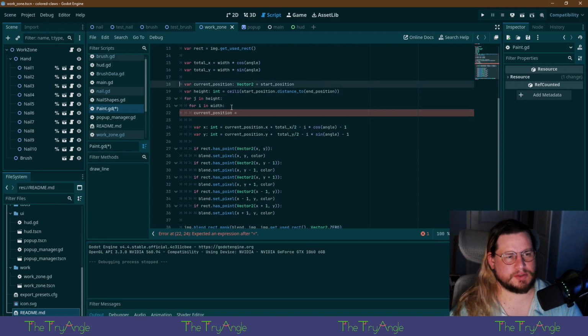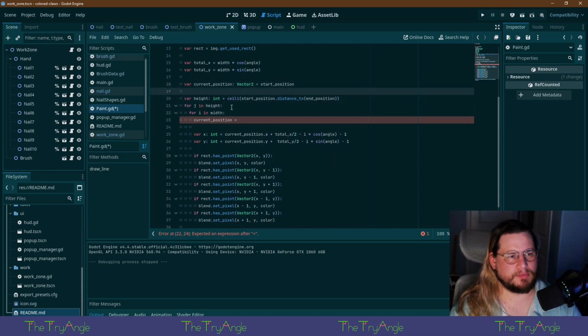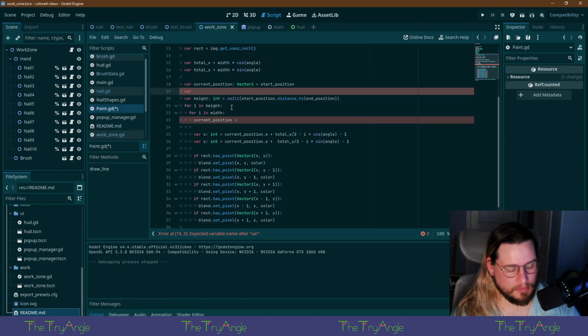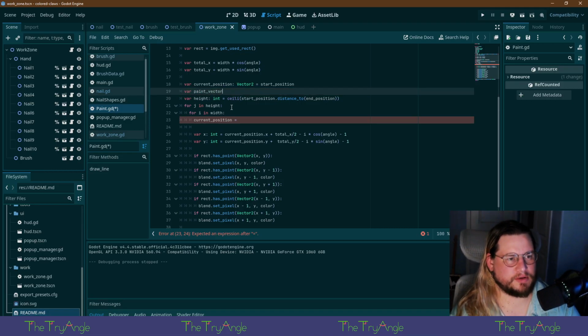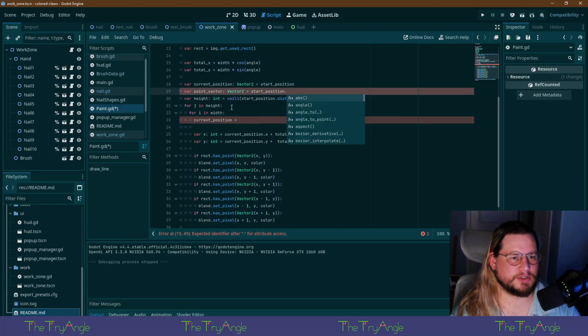Yeah, that. We'll give it a go. Call it the paint vector, Vector 2. It'll be the in position. We'll use their functions. What is it?